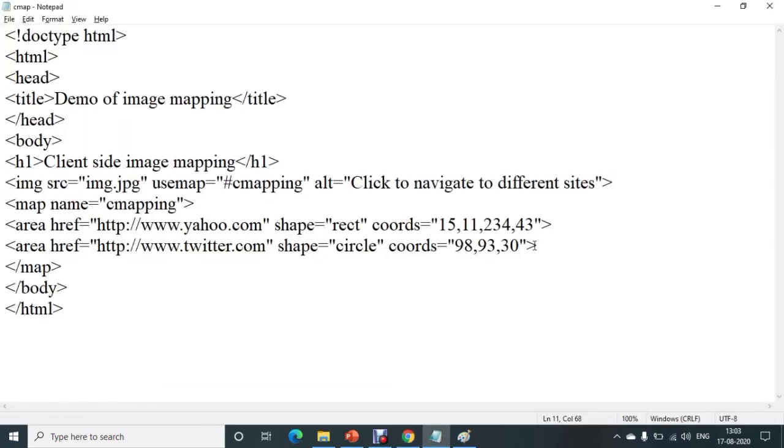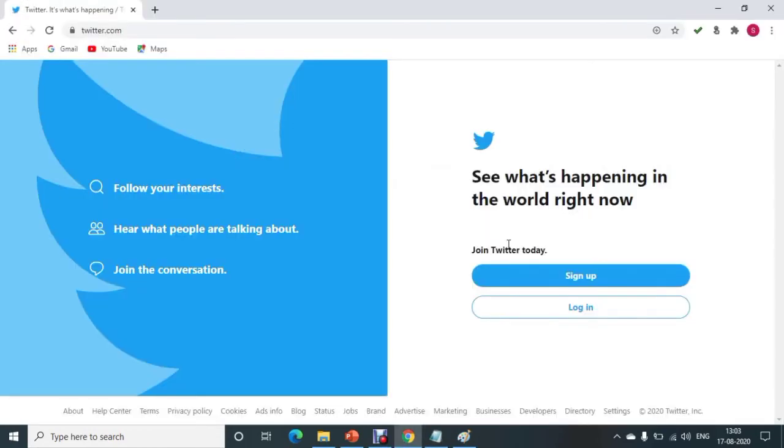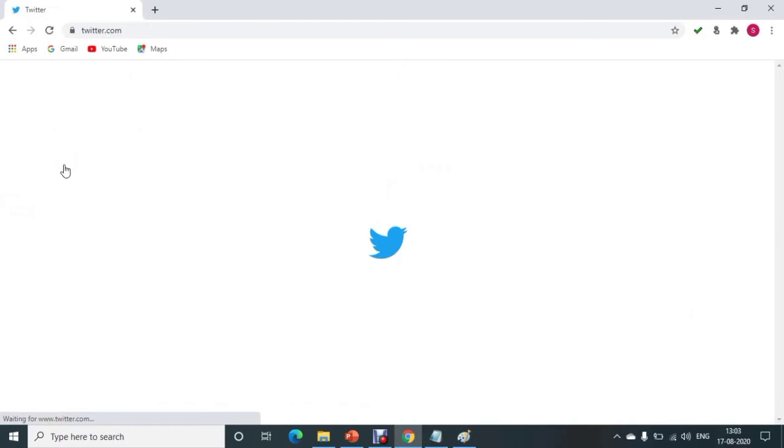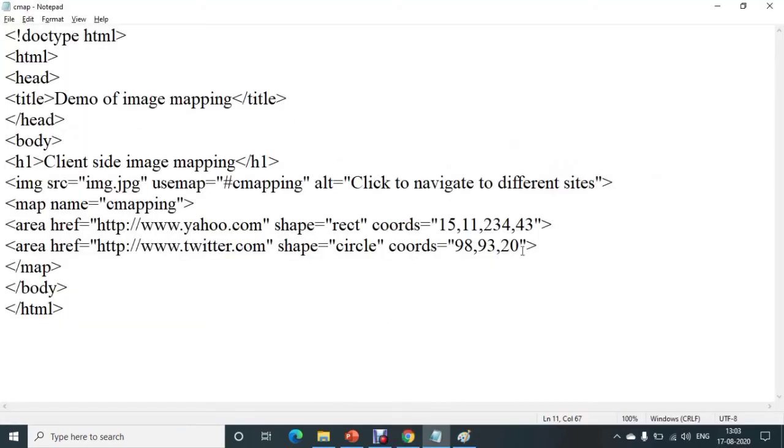If you reduce the radius to 20, you can see the difference. Again refresh the page. In this way you can change the radius of the circle. Let us change it to 30. In this way you can specify areas like rectangle and circle.